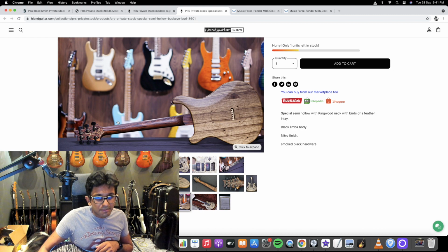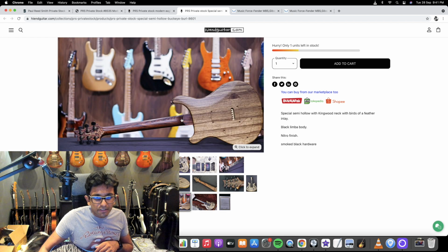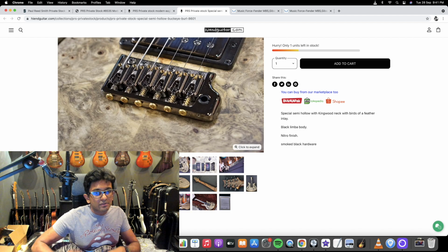Okay, this looks very similar to my guitar's neck. So I think that picture just had a bit of extra contrast. In real life, folks, it's very dark. Not contrasting as much as that. What else is here? It's got...